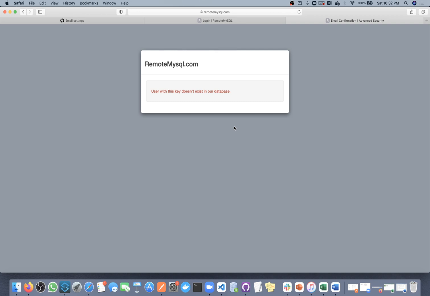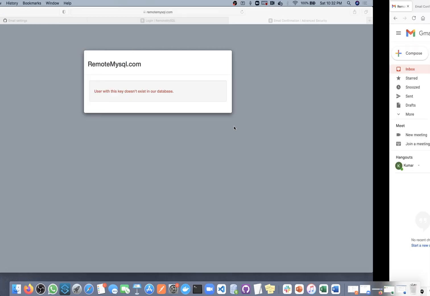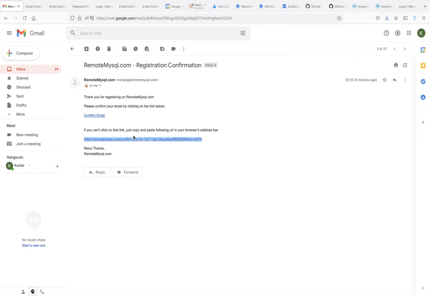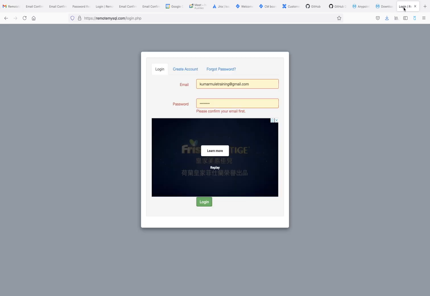No, there is some problem on their side only. Whatever token they passed me, they haven't stored in their database, and now I am facing a problem. Okay, let me use a different email ID then.